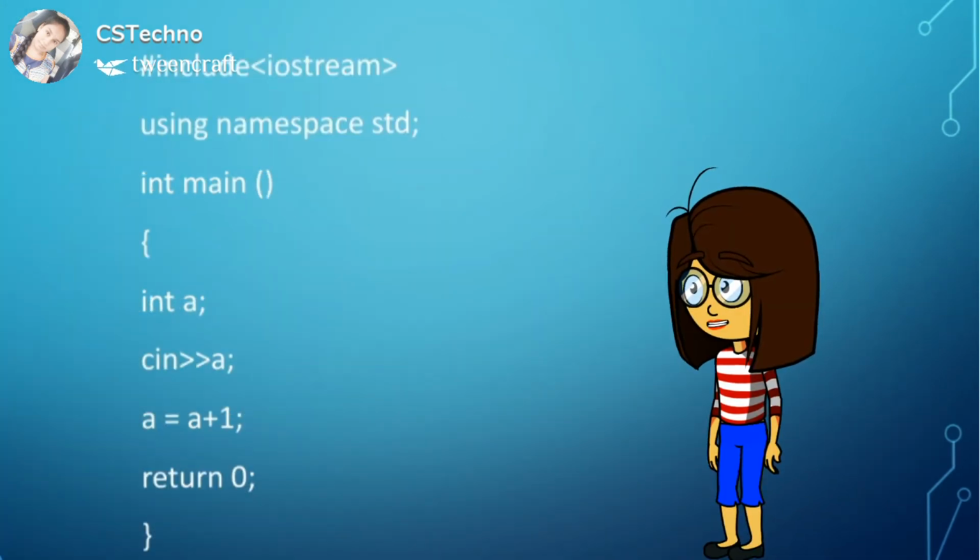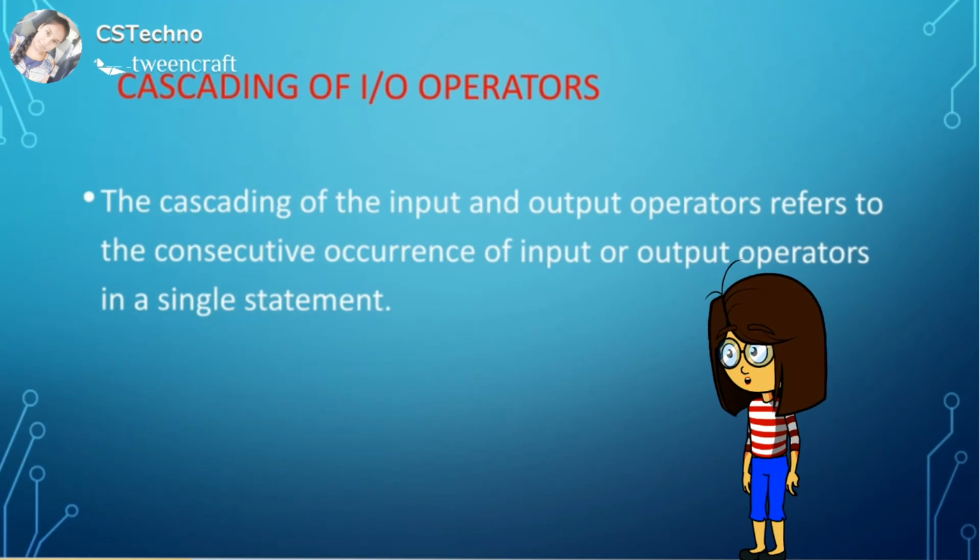I already told you what header files and the main function are. Now we'll get into the program. Int is a data type and a is a variable name which is assigned by the user. Now we will extract the value from the user and it will be stored in the variable a. And also note that a = a + 1. When the user enters a = 6, it will be stored as 7 because of this function.